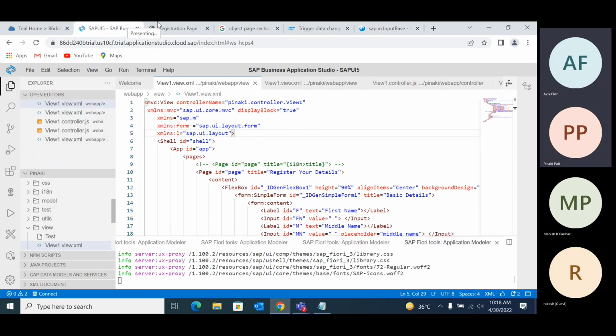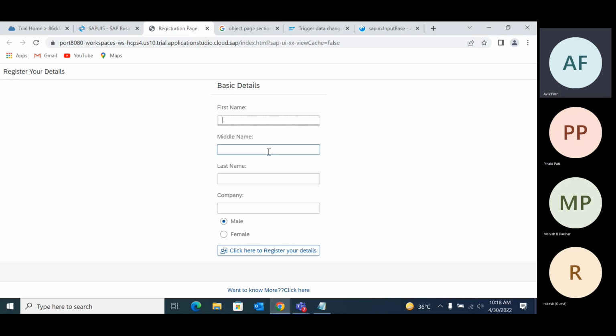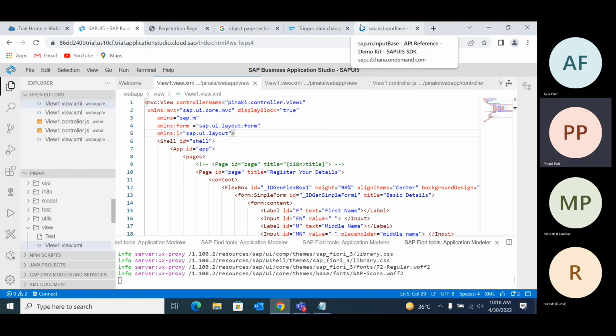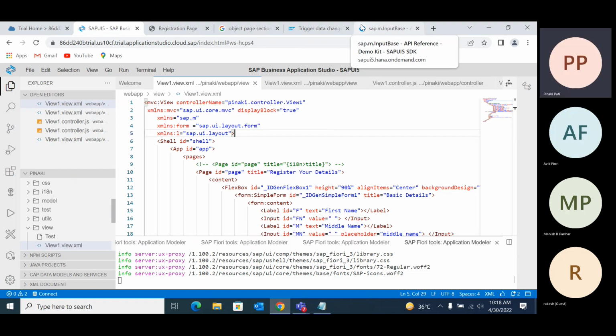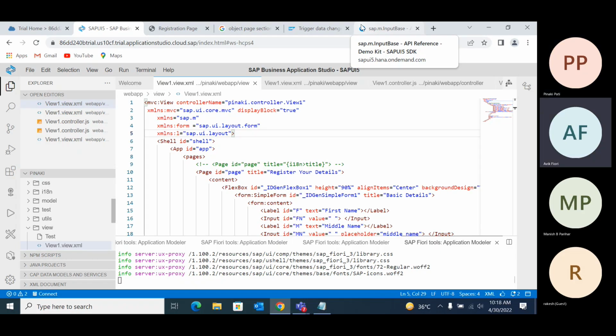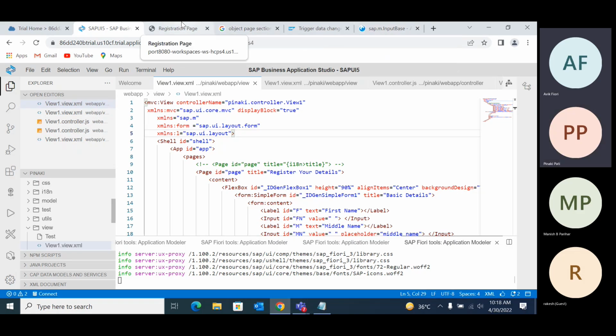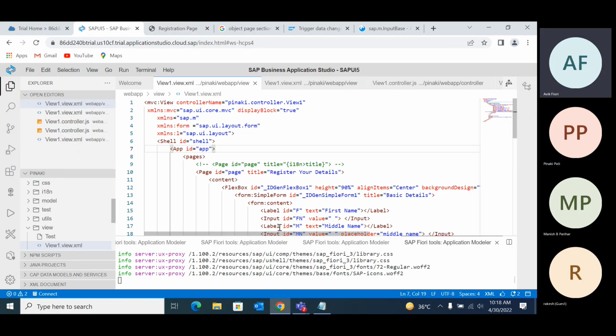Each and every control will extend from the core, and the core library is already loaded initially, whenever you load the app. Okay, I'll try once more in a new project. Yeah, you try once: create a new project, declare one normal input field and then just add placeholder to that input field, and let's see whether it's coming or not. Sure. Any other question?